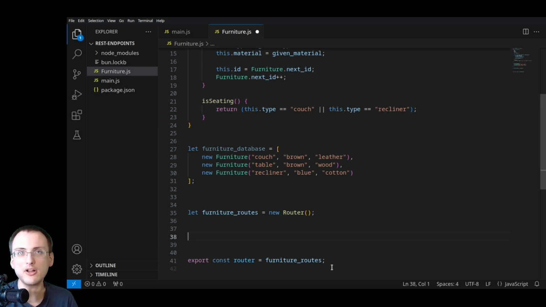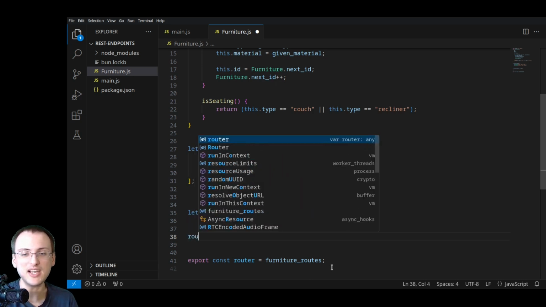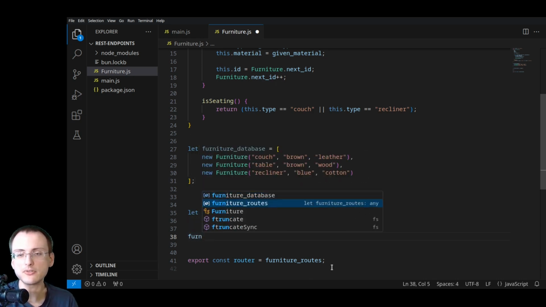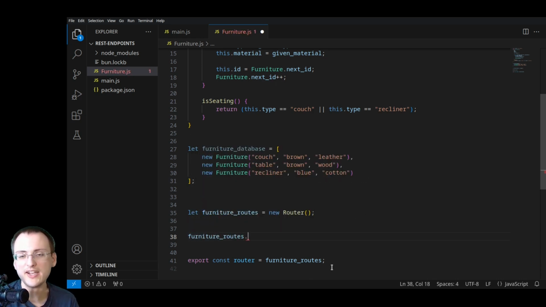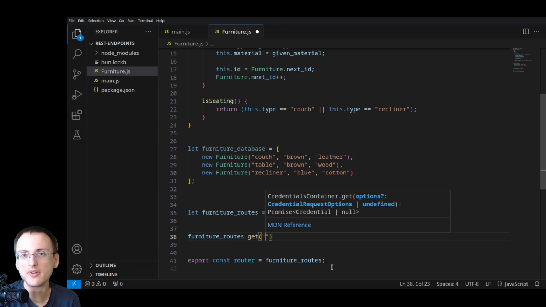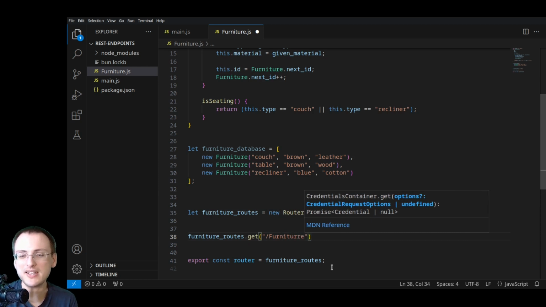So we have to think about our HTTP verbs and decide on my furniture routes, which action makes sense for seeing all of this. I'm going to go with GET because we had said GET doesn't change anything and it returns information. So that sounds right to me. And I'm going to make an endpoint GET